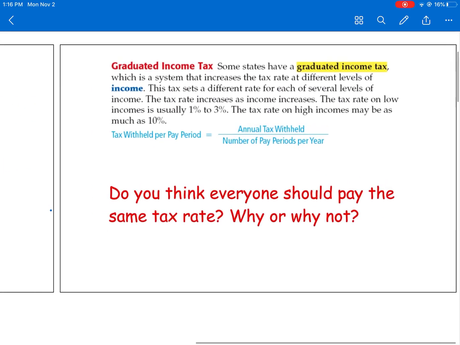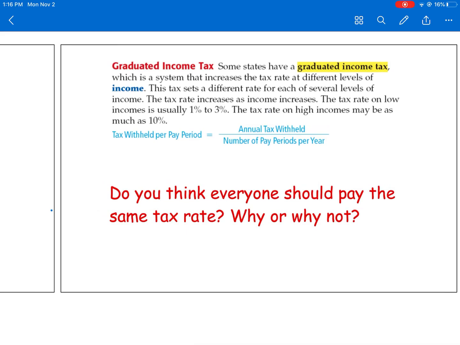Graduated income tax. Some states have a graduated income tax, which is a system that increases the tax rate at different levels of income. This tax sets a different rate for each of several levels of income. The tax rate increases as income increases. The tax rate on low income is usually 1 to 3%, and the tax rate on high incomes may be